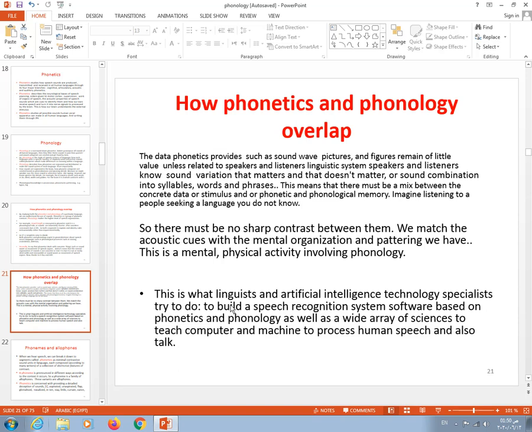They also know how to combine sounds into syllables, and syllables to form words and phrases. All these things result from a mix between the concrete data, the stimulus or the phonetic signal, and what we store in our mind, because our brains